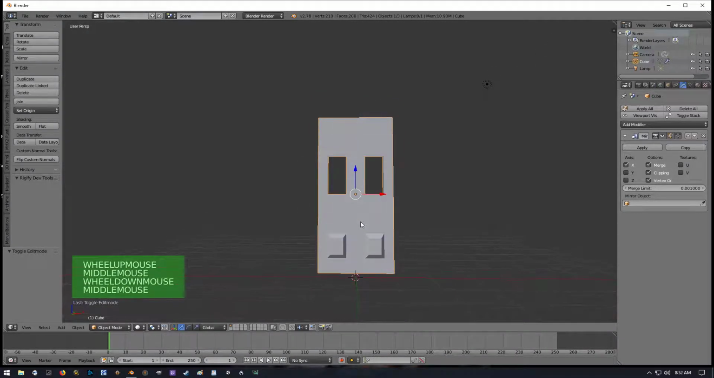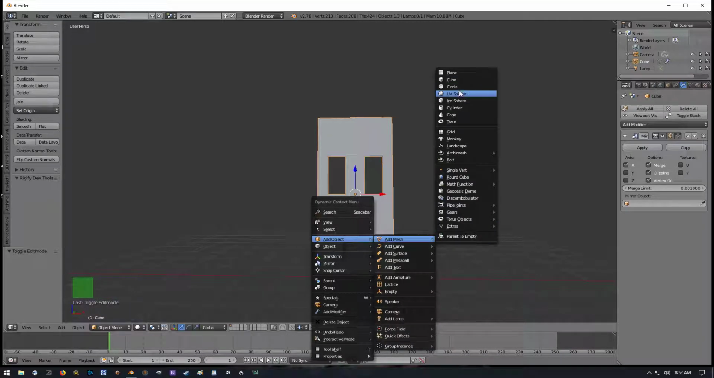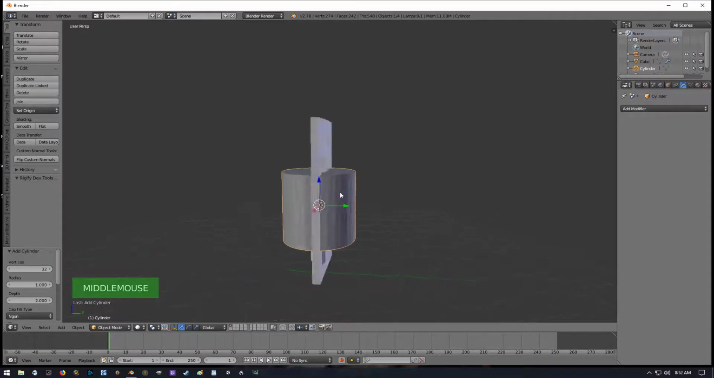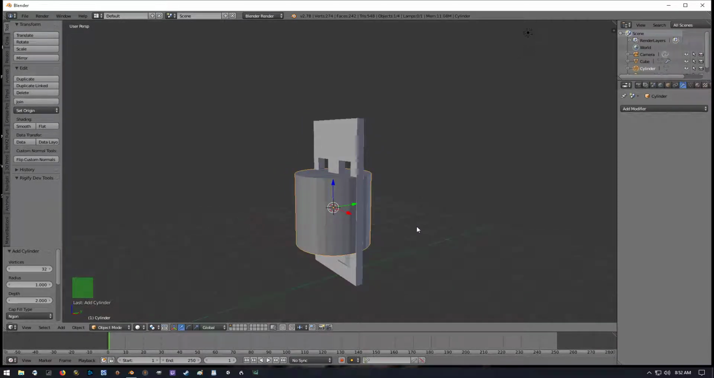So let's go ahead and take, you see this 3D cursor, we want to put it here. Just point your mouse cursor wherever you want this new object to come in. I'll show you. I'm going to hit spacebar, go into add object, add mesh. I'm going to add a cylinder, which as you see is a 3D object. Where we put it is where the cylinder appeared. I'm going to scale it down